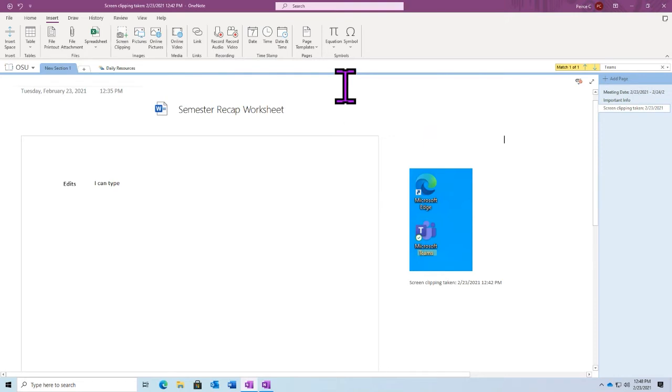There is not a built-in audio editor, so you would need some sort of external application to edit that audio file if you wanted to change anything about it. But if the quality isn't good, I would recommend either changing your microphone or maybe just adjusting where you are when you're trying to record. OneNote doesn't really provide a lot of resources for that. It's really just a way to record directly into your notebook.